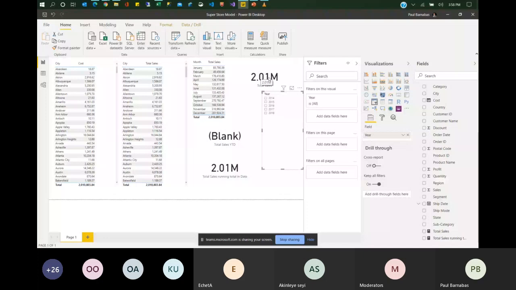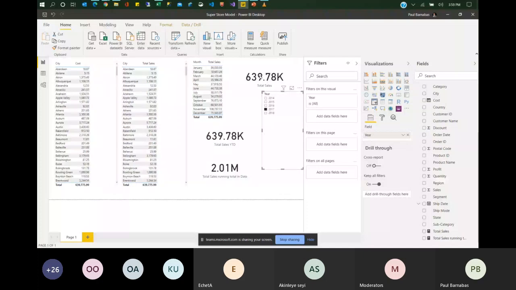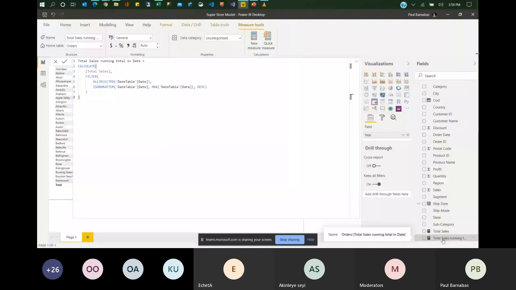When we introduced a slicer, it introduced a filter context that calculated the total sum of sales for the year 2017. But this filter is not affecting the measure we just created, because if you want the total sales running till date, it looks at the maximum date and calculates the total sum of everything, without taking into effect any filter selected on our date table.